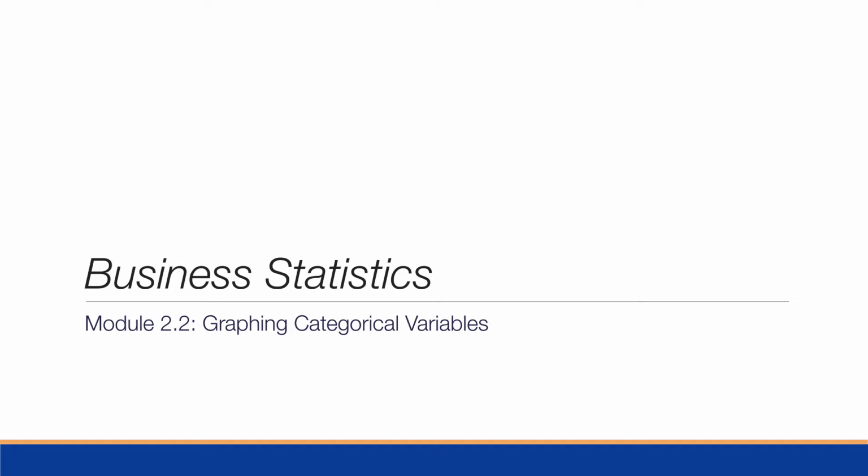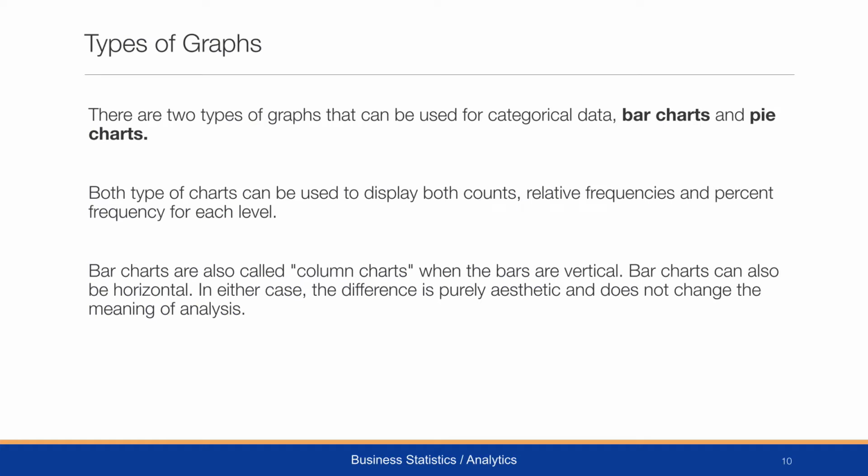Let's look at graphing these categorical variables. There are two types of graphs that can be used for categorical data, bar charts and pie charts. Both types of charts can be used to display counts, relative frequencies, and percent frequency for each level. Bar charts are also called column charts because the bars can be vertical. Bar charts can also be horizontal, but in either case, the difference is purely aesthetic and doesn't change the meaning